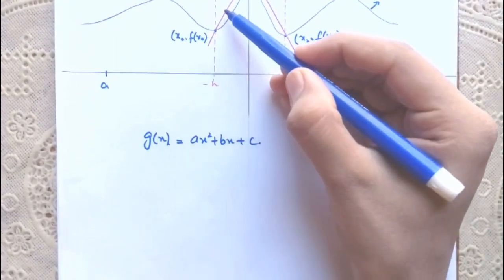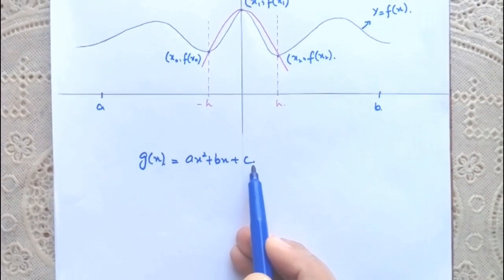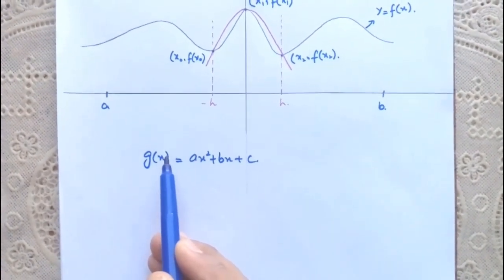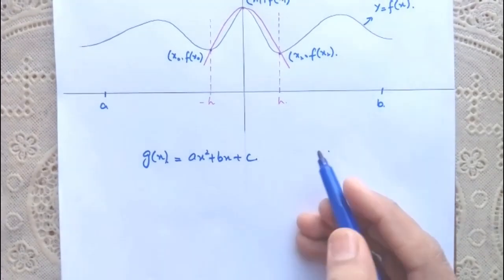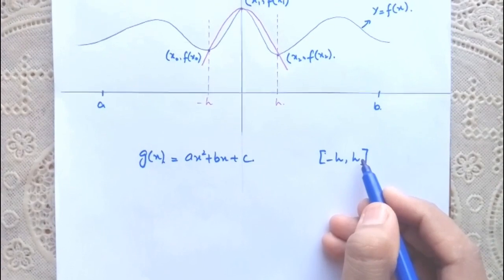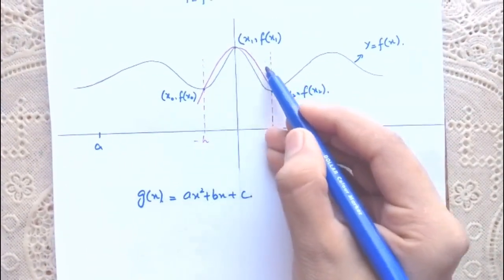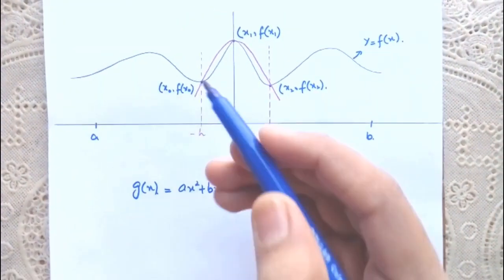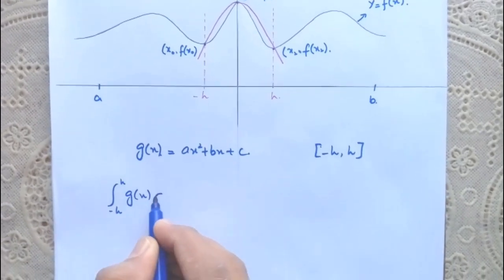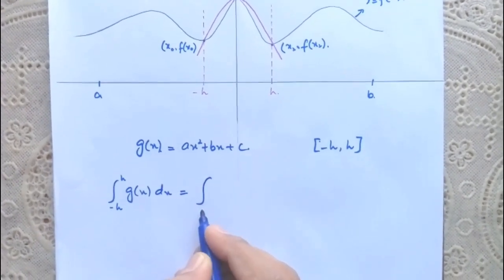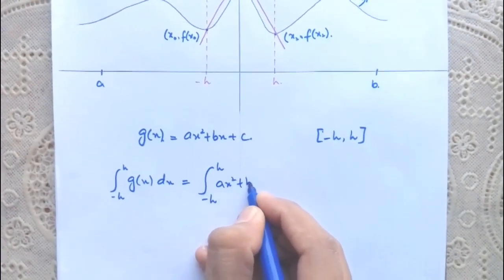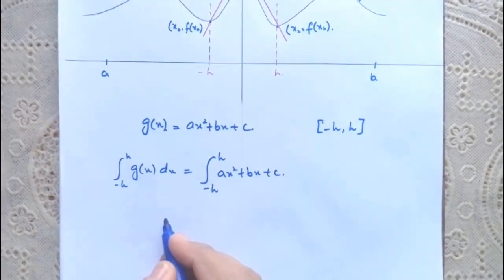If we integrate this parabola in the interval minus h to h, then we find the area under this parabola, right? So the integral from minus h to h of g of x dx is equal to the integral from minus h to h of ax square plus bx plus c, and it implies that